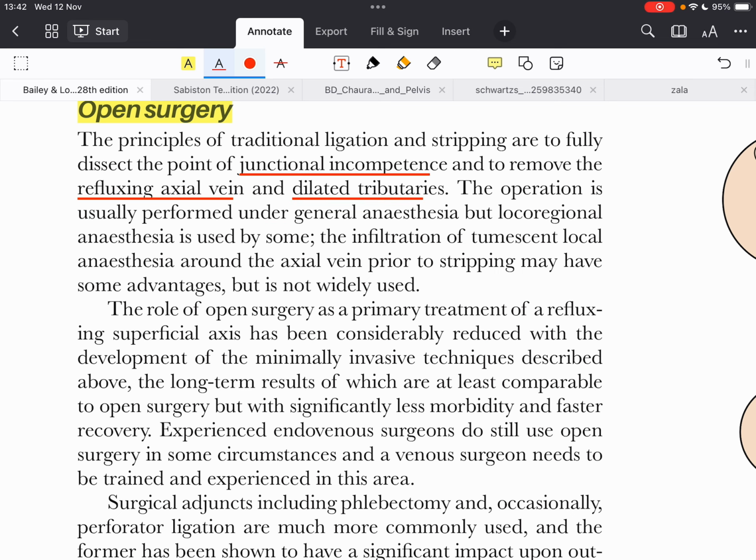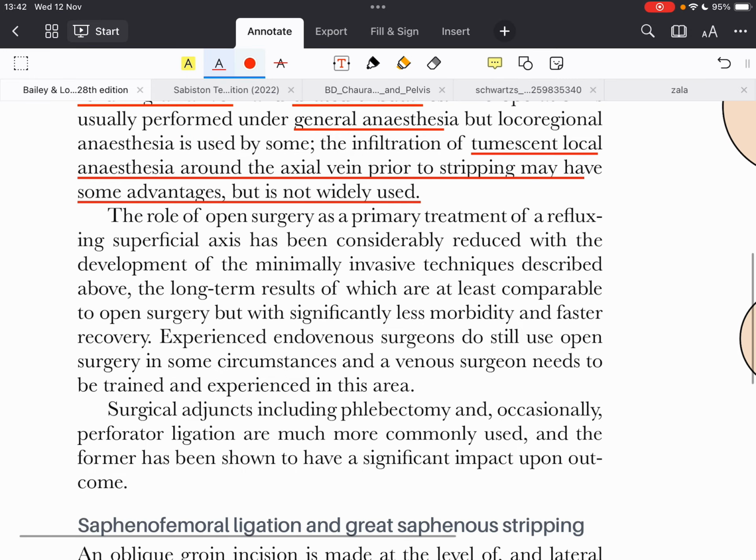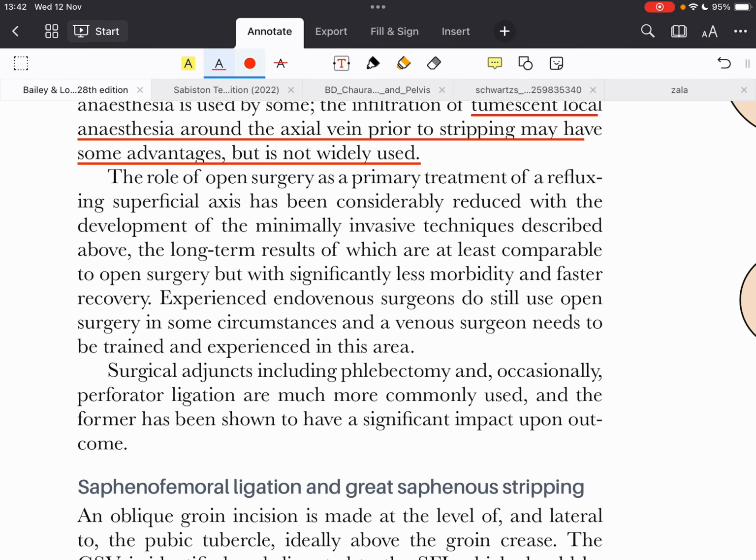The operation is usually performed under general anesthesia, but loco-regional anesthesia is used by some. The infiltration of tumescent local anesthesia around the axial vein prior to stripping may have some advantage, but it is not widely used. The role of open surgery as a primary treatment of a refluxing superficial axis has been considerably